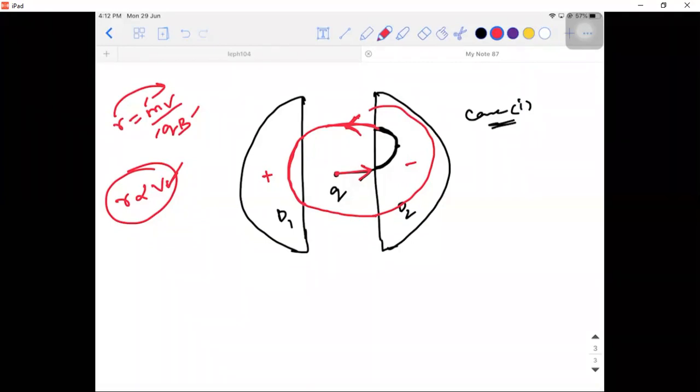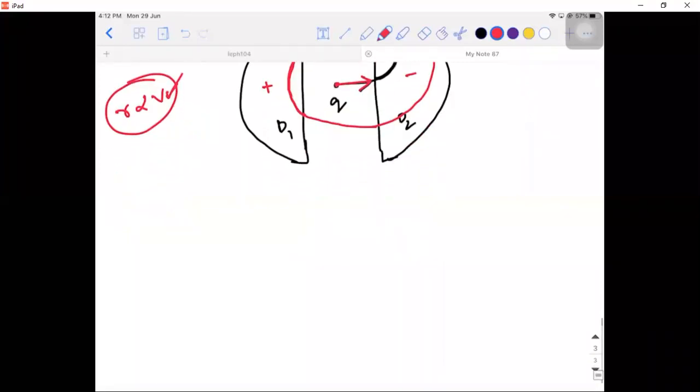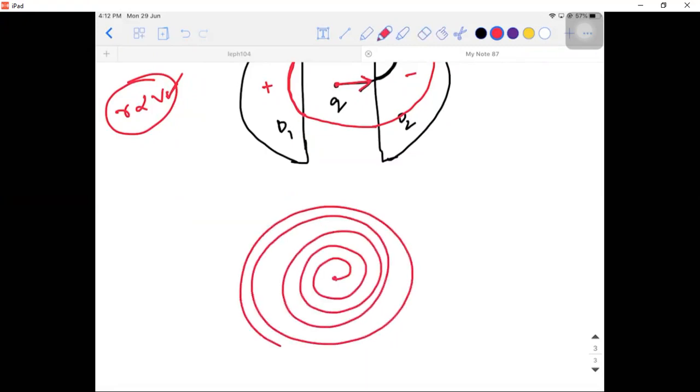Circular motion. By this kind of phenomenon being used, the particle, instead of revolving in a particular location, will follow a spiral path like this. When this is happening, after every half a revolution, its velocity is increasing. So where did it start? It started with 0. Whereas after it has completed a certain distance, its velocity has increased very much compared to 0. It is because of these crossed fields.